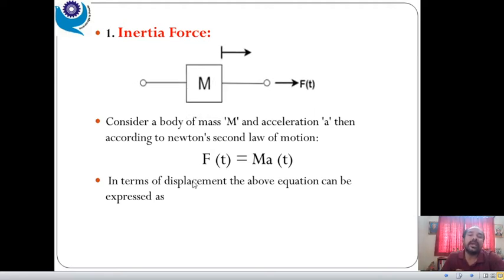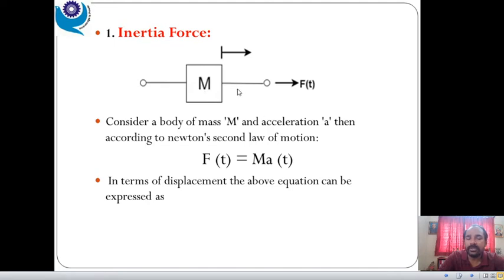Now we have to make the analysis of mechanical systems, right? In mechanical systems there are so many things, like in electrical systems. In electrical systems we have the basic components, that is resistor, capacitor, inductor, each with one unique functionality. The same can be obtained over here in mechanical systems, right? So the inertial force that you can see is a mass, right? We have to study the translational motion.